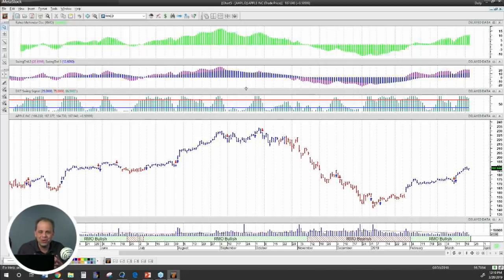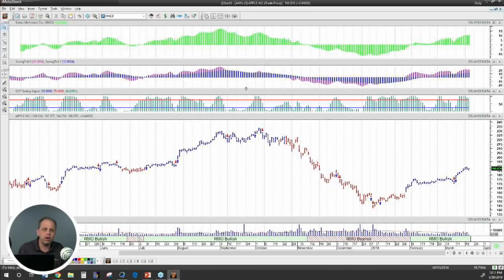what we want to be able to do is identify it, right? So when I talk about trends in context with the Rahul Mohinder or the RMO templates, we're really going to be dealing with three different types of trends. We'll have what we call primary, and you can think of primary interchangeably as a long-term trend, so it's going to be looking at a lot of data. We'll be looking at the intermediate term trend, which is going to be less data, and then we'll also be looking at the short-term trend. Okay, so let's go ahead and start.